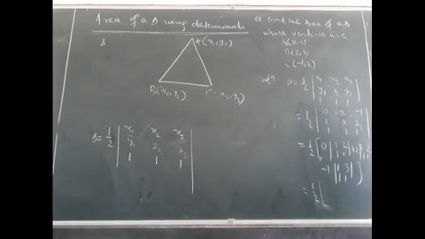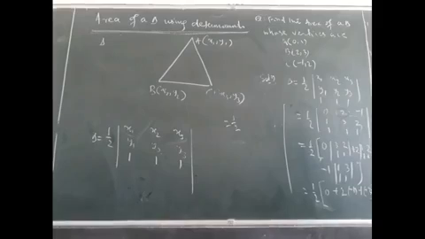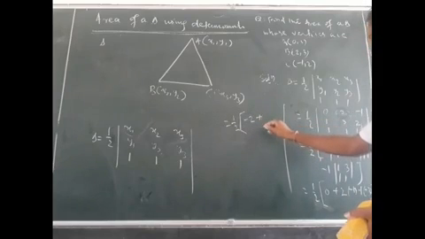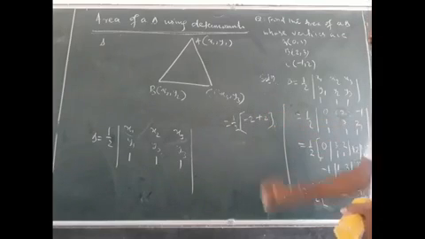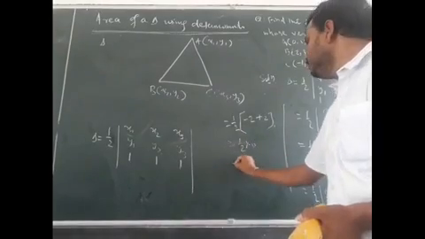This one will give you 0 into something. It will be 0 plus 2 into, this is 1 minus 2, which is -1. Then -1, this is 1 minus 3, which is -2. Then if you solve this one, this will be half, 1 by 2 multiplied by, look at this, 2 into -1, which is -2, and -1 into -2, which is +2, right? So here half into -2 plus 2 becomes 0, and 0.